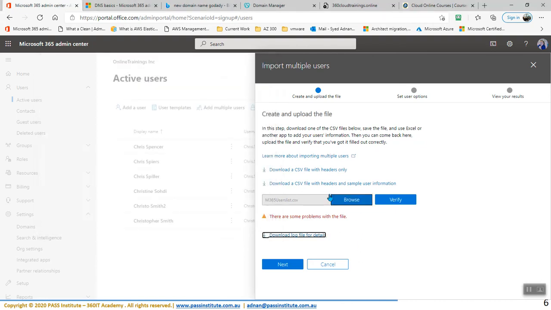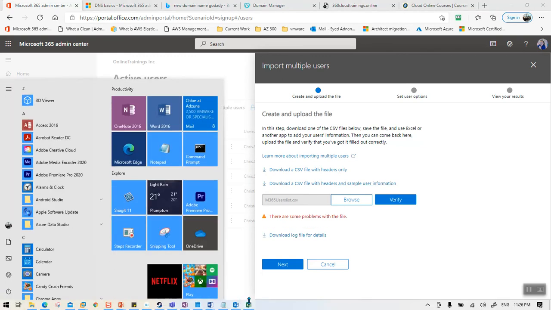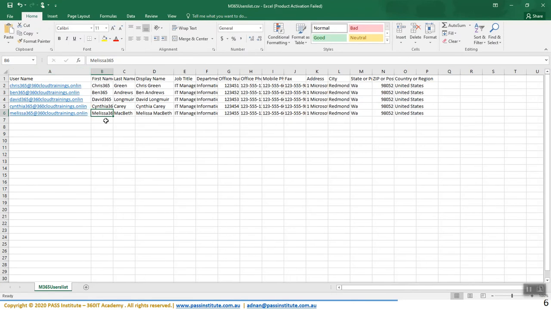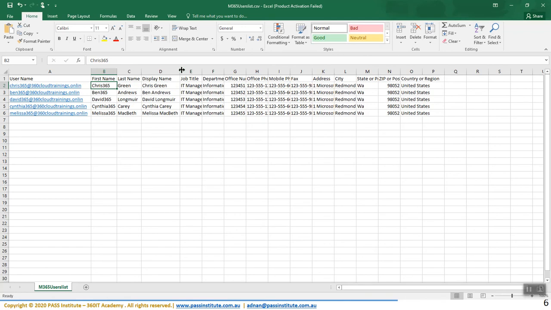Okay, so since we use the same template, I'm gonna go back again one more time, and let's see now carefully what is wrong with this. So we have first name, last name, display name. I think there is nothing wrong with this. These are fine. This information, even if I delete that, user will still be created. These are most important information. So probably